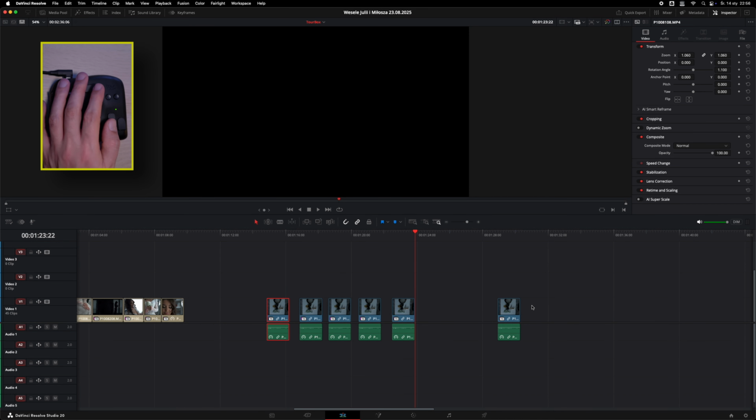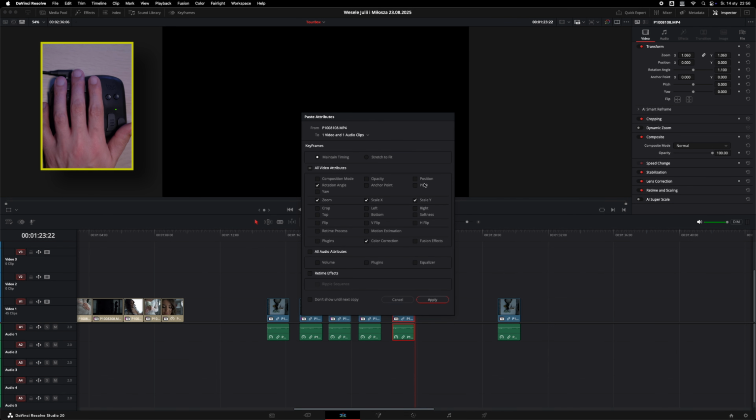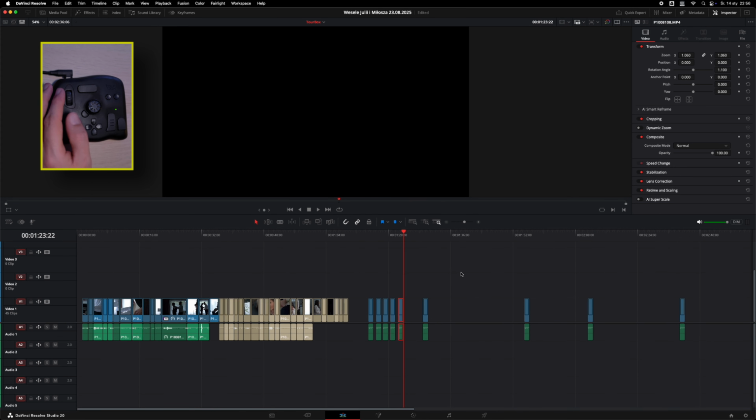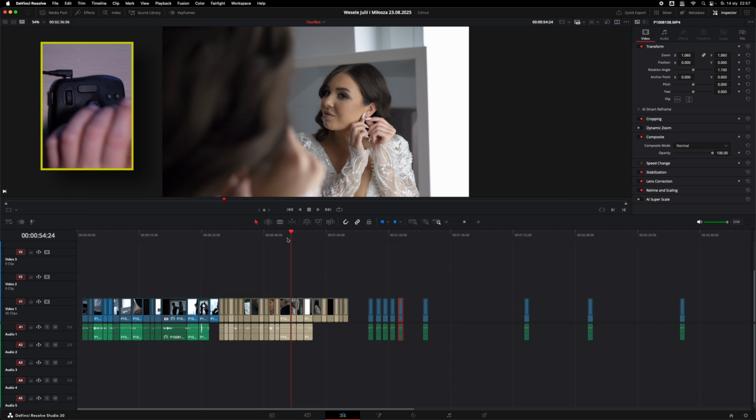But if I hold tall and press C2 on the other clip, it will paste the attributes of the video. So I can automatically paste any change that I already did in DaVinci Resolve. So by using all these buttons and customizing them, it will give you great results and faster editing.